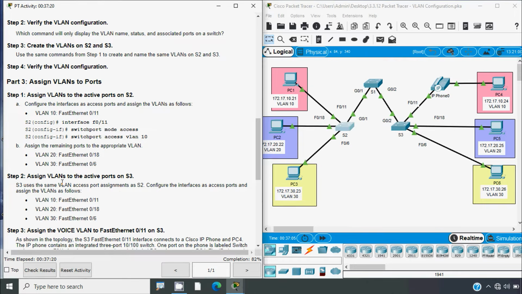Step 2. Assign VLANs to the active ports on S3. S3 uses the same VLAN access port assignments as S2. Configure the interfaces as access ports and assign the VLANs as follows. Assign VLAN 10 to the active port FastEthernet 0/11, then assign VLAN 20 to FastEthernet 0/18, VLAN 30 to FastEthernet 0/6. We will go to S3,